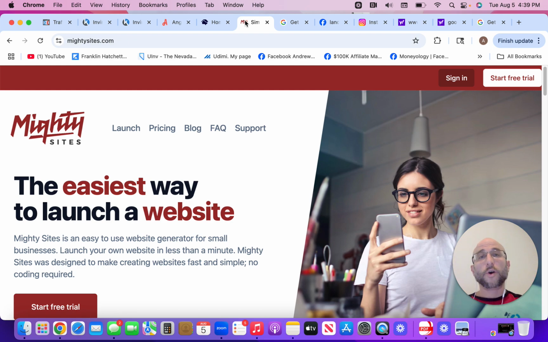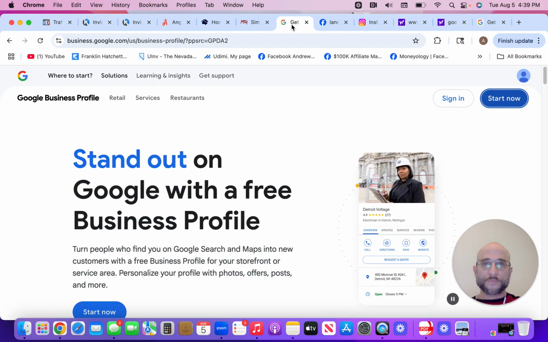So either one and or a combination of is definitely great. Make sure you put your contact information in there, whether it be your phone number, your business address, your email address, etc., whatever the case might very well be. Make sure all that's in there. You build out your website through mysites.com. And then what you do next is you now create a profile on Google My Business.